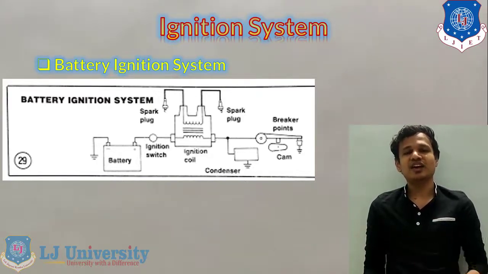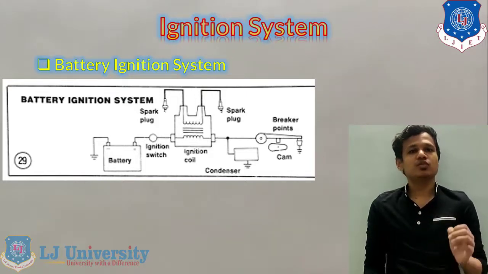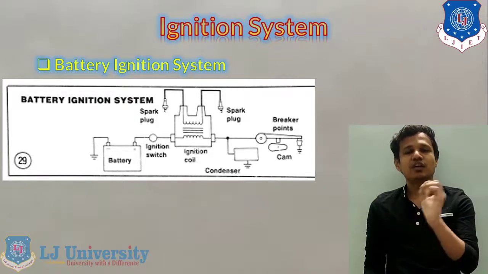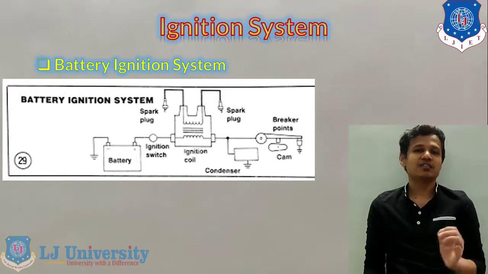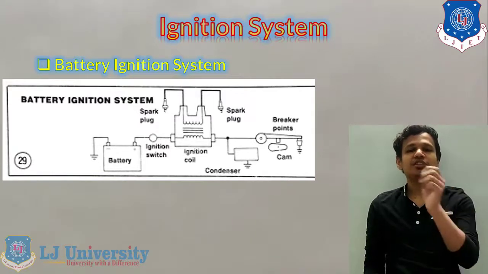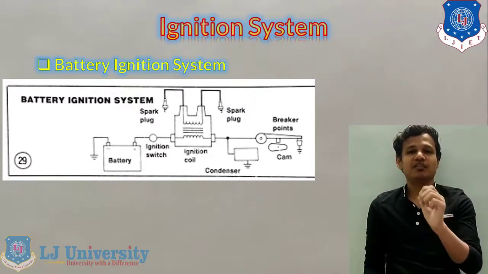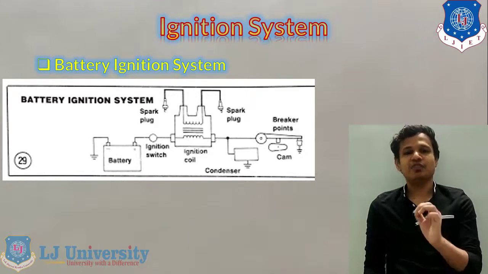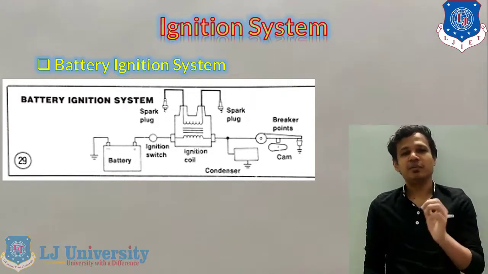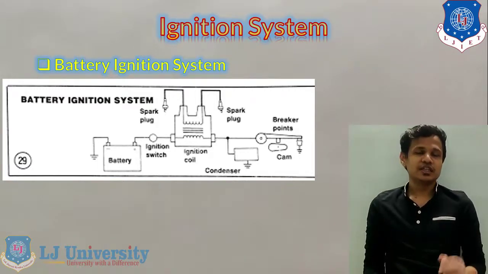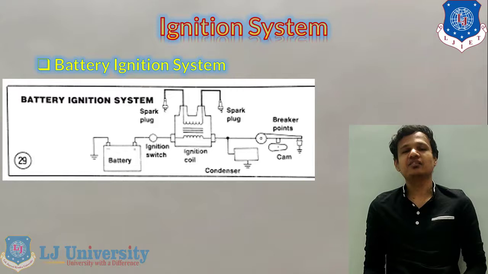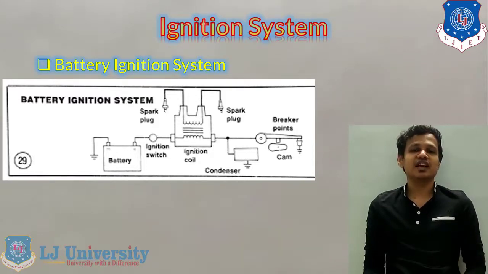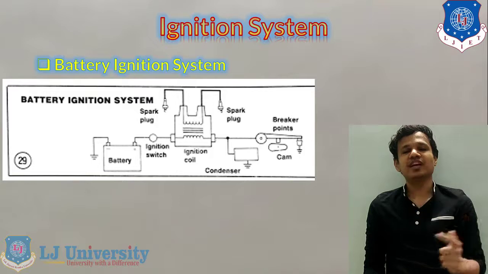But towards the right side of the circuit, you can see there are two components, that is condenser, and the second one is the cam, which is connected with the breaker point. Cam is given to give the timing of the spark to the circuit. When the cam position is proper, at that time the circuit will be completed, and at that time the spark will be generated. It will depend on the firing order of the two-wheeler. Generally the two-wheeler uses a single cylinder engine, and for that single cylinder engine mostly only one type of spark will be given.